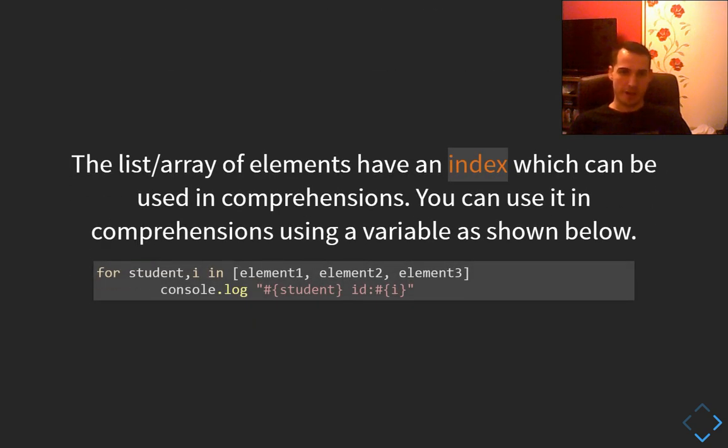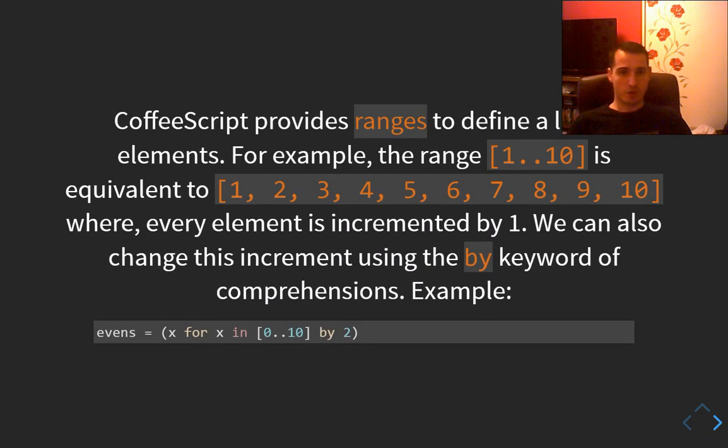The list or array of elements have an index which can be used in comprehensions. You can use it in comprehensions using a variable as shown below. CoffeeScript provides ranges to define a list of elements. For example, the range 1 to 10 is equivalent to an array that starts from 1 to 10, where every element is incremented by 1. We can also change this increment using the by keyword of comprehensions. For example,